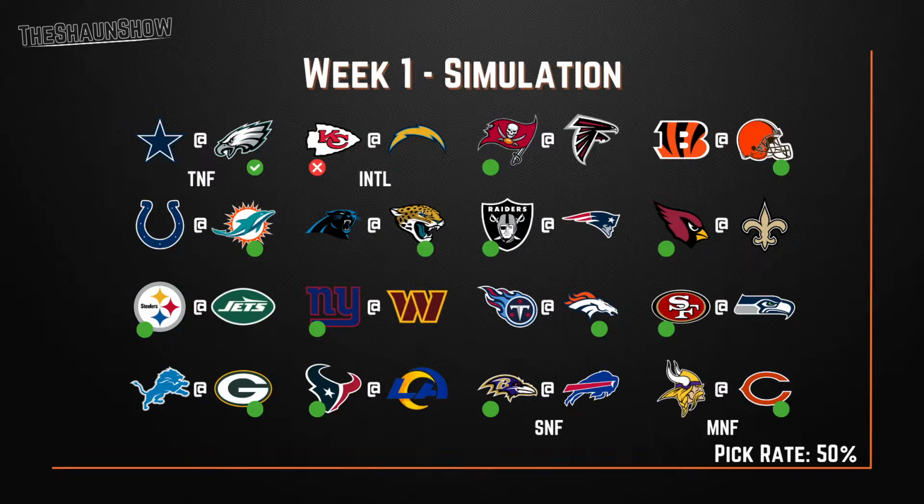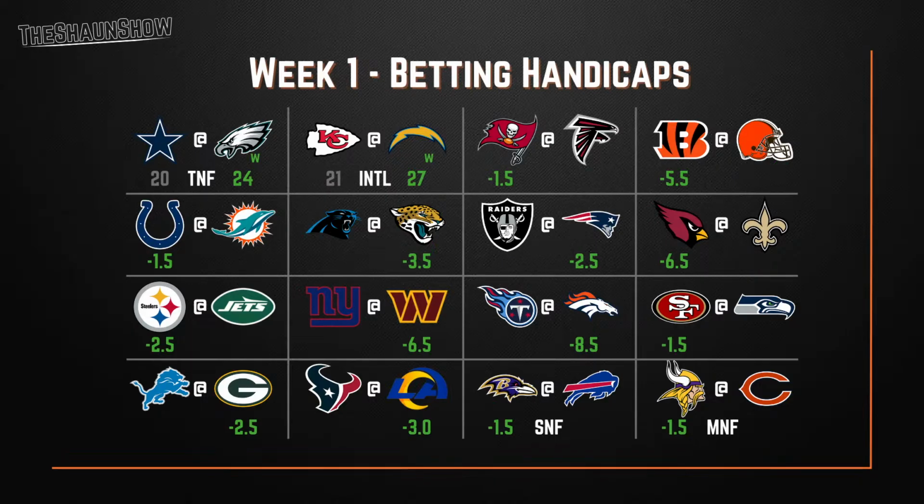Let us go to our against the spread picks. Now my picks aren't on there, but we'll be talking through them as we go. This is the first time I'll be doing consistent against the spread picks for the season, and we will keep a tally to see how accurate I've been. So first up, Tampa Bay will have 1.5 points at Atlanta. I will be taking Tampa Bay with those points. I think they absolutely kill them, but it is a divisional game. It could be a close one.